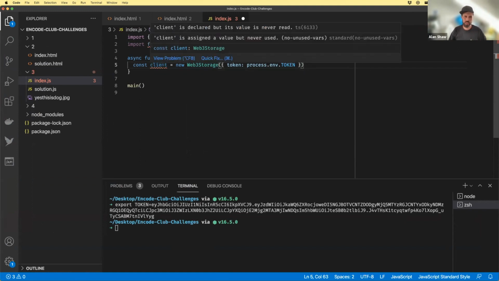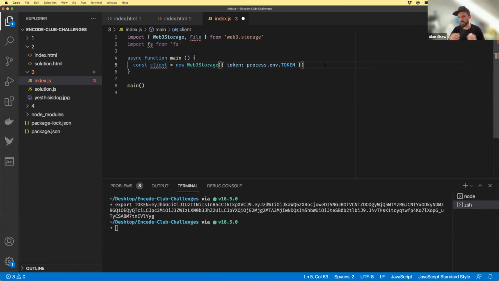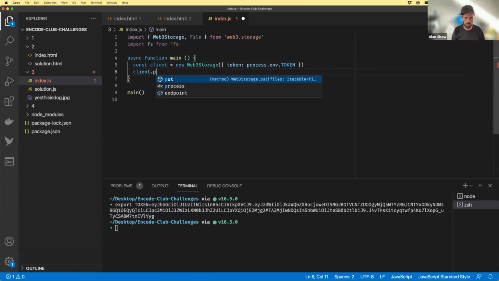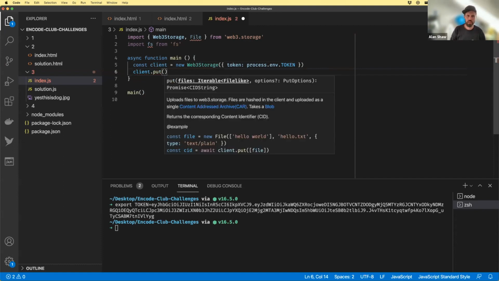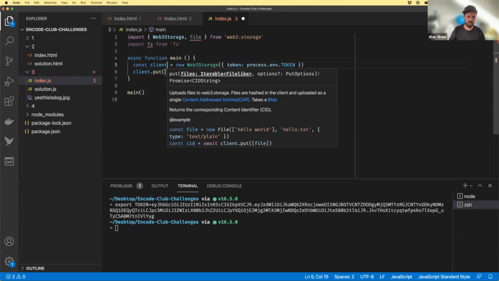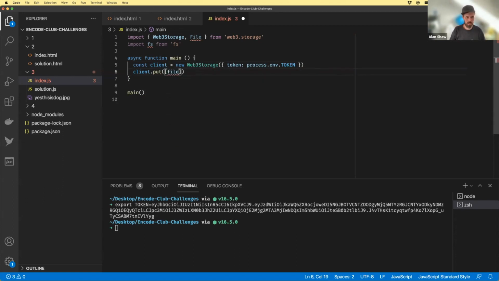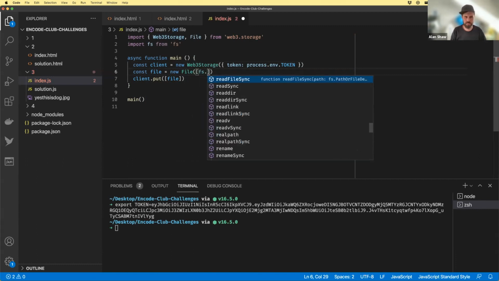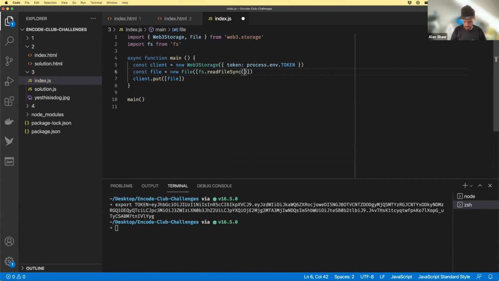We've got a new client, and like we saw in the slides, to put data into web3.storage, we call client.put. It takes a file, so it's an iterable of file-like, so it needs to look like a file. We need a file. Cool, so let's create a file, new File. But we're going to get the bytes from FS, which is going to read us some file data from yes-this-is-dog